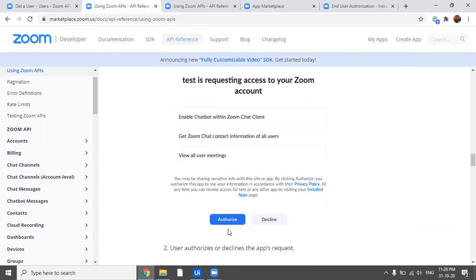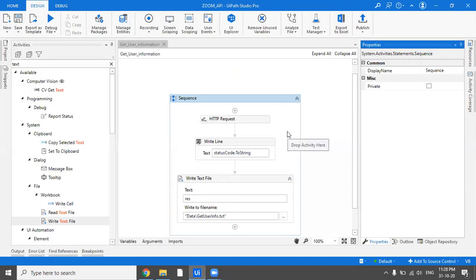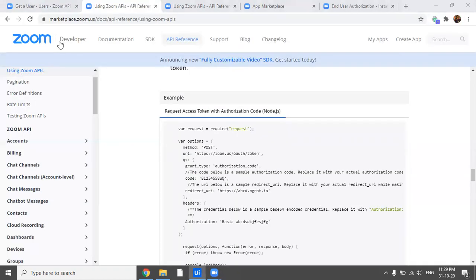And when you authorize, only then your bot would be allowed to communicate with Zoom. So now let's just run this and see if it works or not. And yeah, let's just run it in normal mode, not the debug mode. We'll open the output pane and see what our status code is, and if there is any error, what is actually logged.